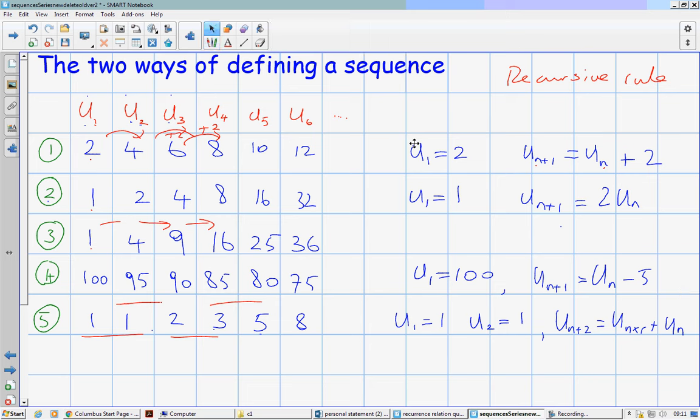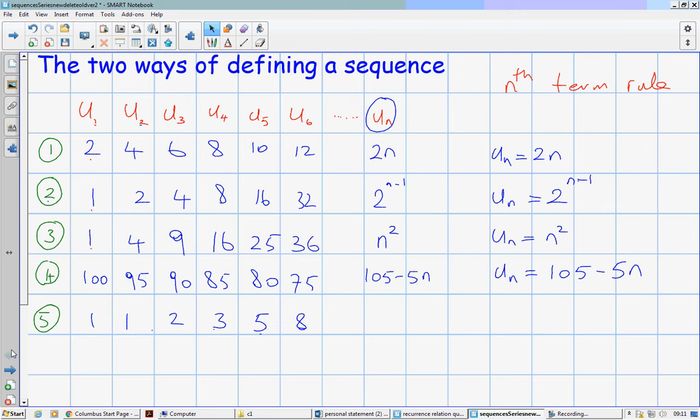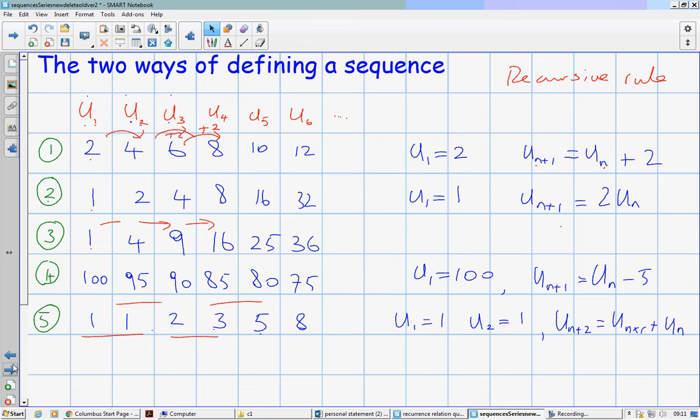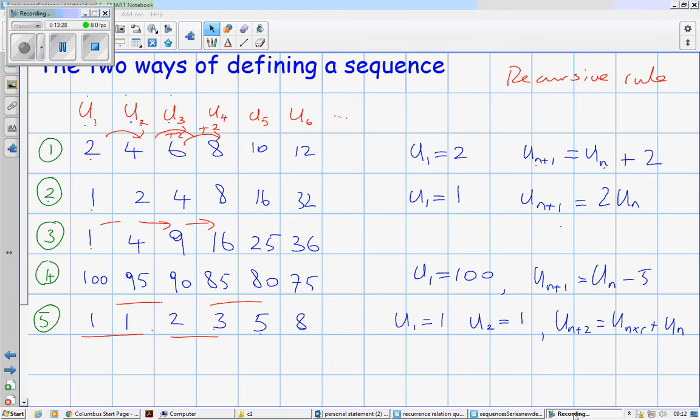As I say, looking back, we saw with the nth term rule, it wasn't terribly easy to express number 5, but all the others were reasonably possible. In this case, they were all reasonably possible apart from number 3, where it would be troublesome. So it's useful to have both ways. Okay, both ways of defining a sequence. Okay. If you've got to define a sequence,